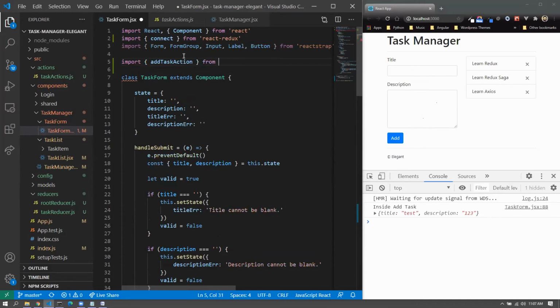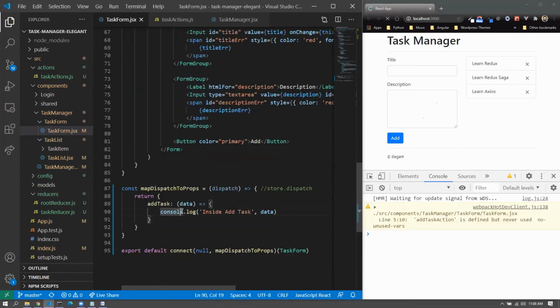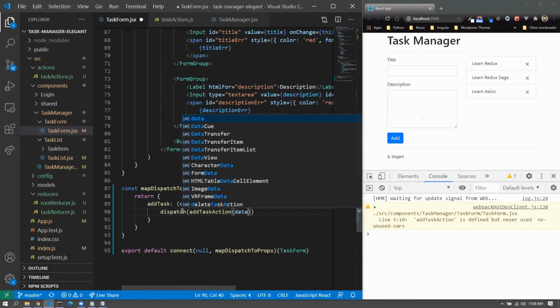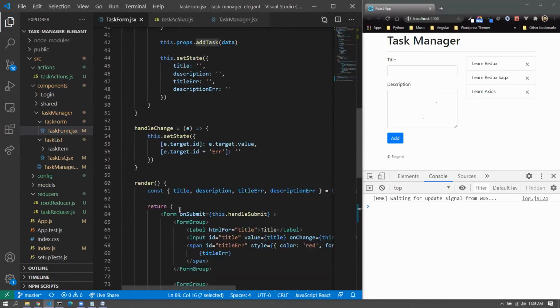Import add task action from actions, task actions, and I would simply dispatch, instead of doing a console log, dispatch add task action. It takes in data as an argument. All right. So as soon as I dispatch add task action over here, this add task is obviously overridden, and